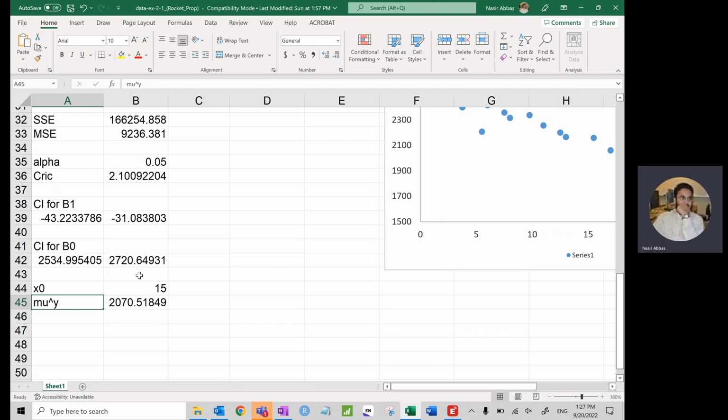So it's the estimated. When I say the word estimated, it's not exact. It's the estimated mean age of all the propellants which are 15 weeks old. To get to the confidence interval,